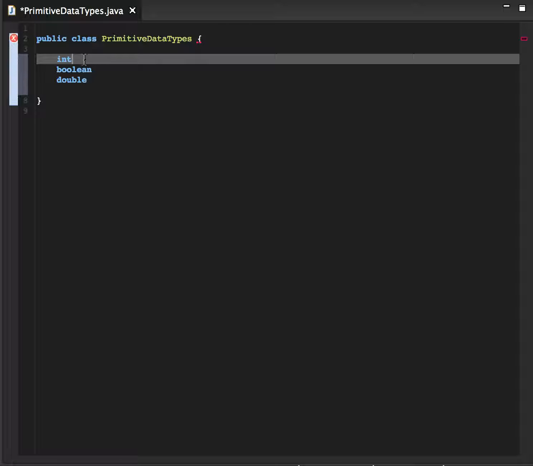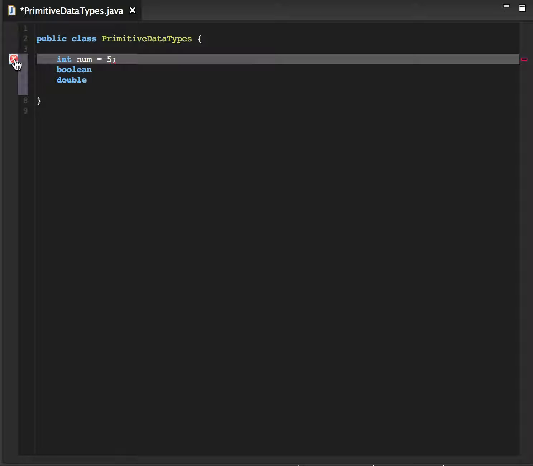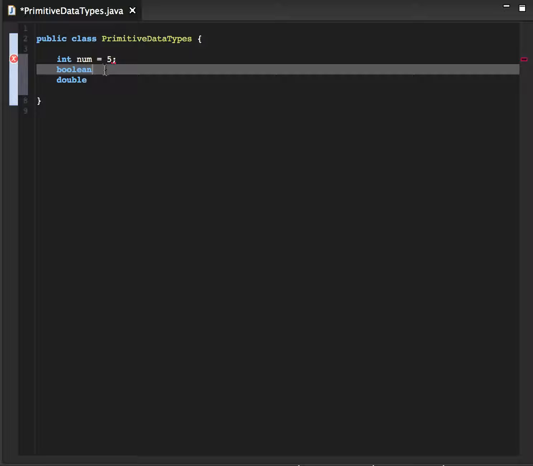Alright, so integers are any common numbers like 1, 2, 3, 15, 25, anything like that. That's what an integer is. So we'll set that equal to 5, and we're going to call this int num. You have to give it a name just like anything else. And then next we will put